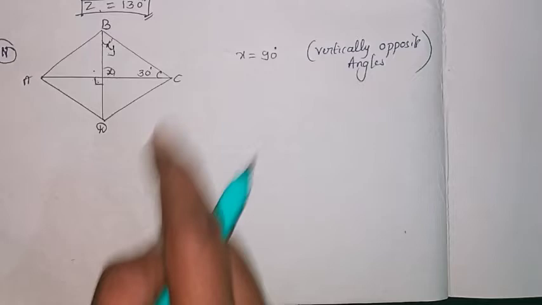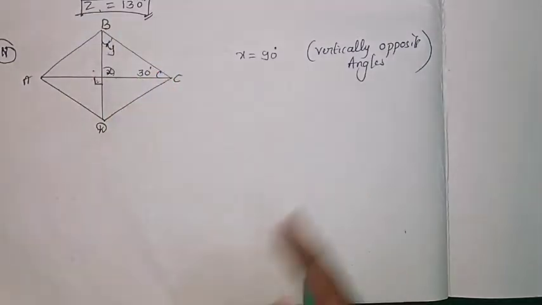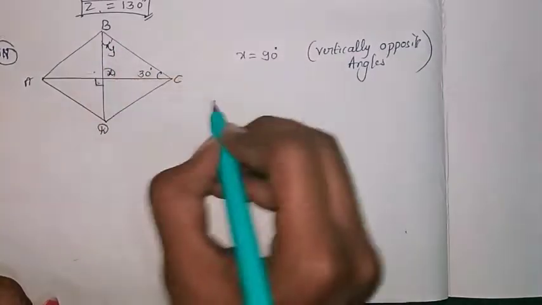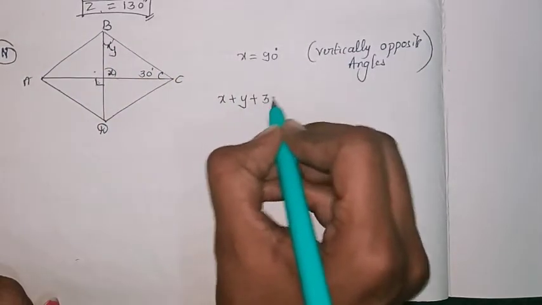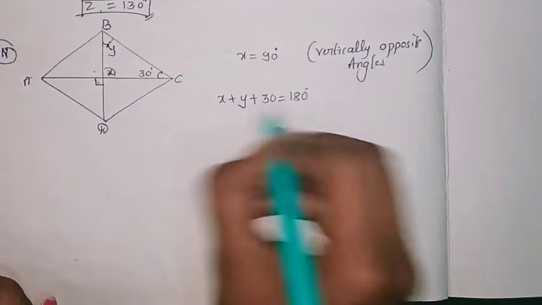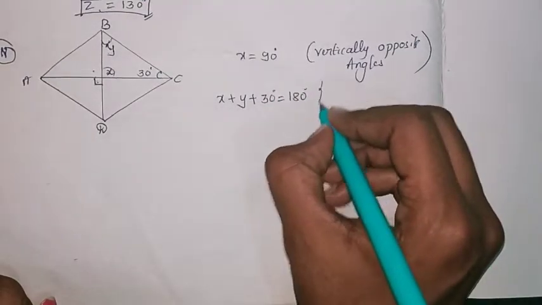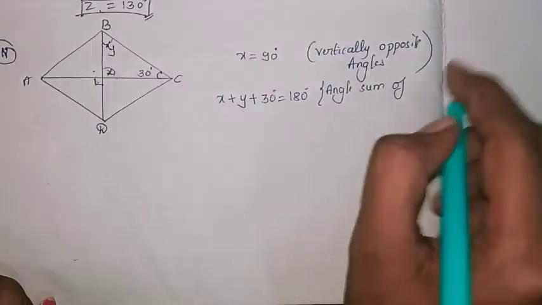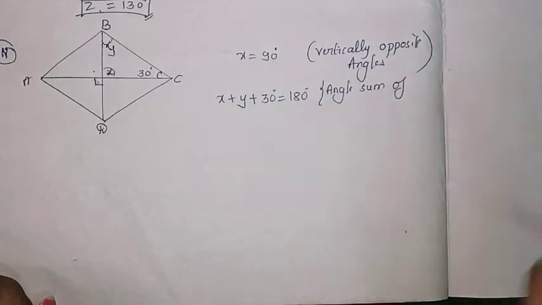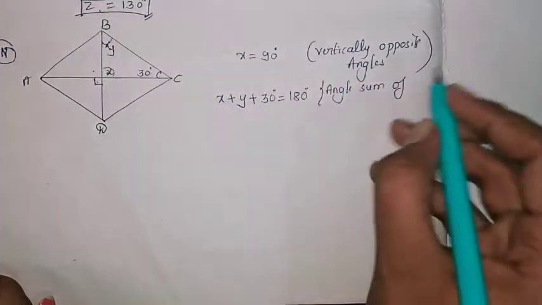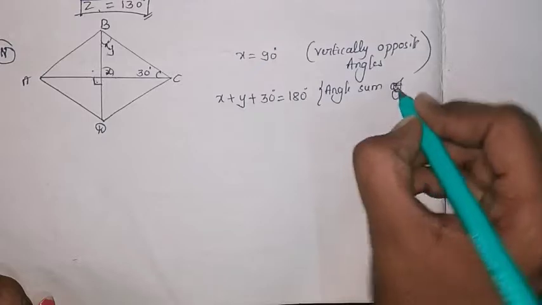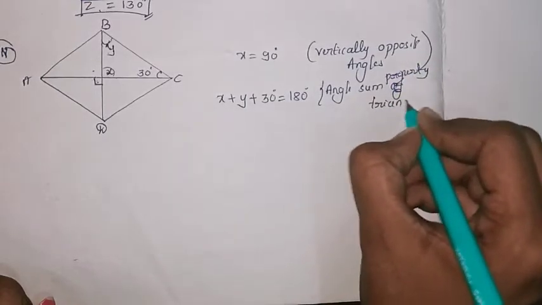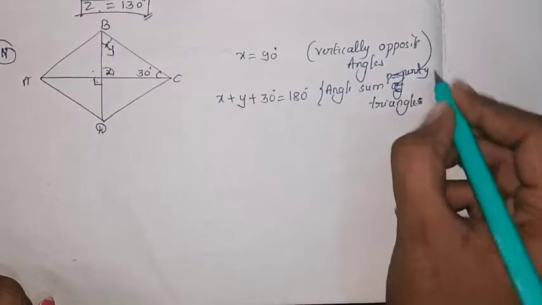So this is a triangle now. So we know the angle sum property, so we can apply that one, and from that we can get the Y value. So for that, X plus Y plus 30 degree is equal to 180 degree. So on the basis of which property did you write this equation? That is the angle sum property. So learn these things properly, okay. After this also it is needed for you even in 9th and 10th standard. So learn these things properly. Angle sum property of triangle, where sum of the interior angles is equal to 180 degree.